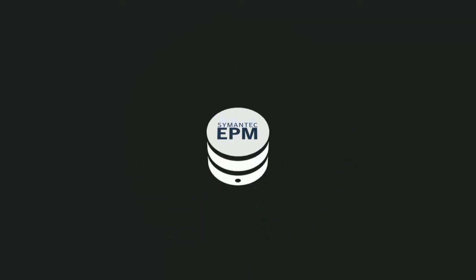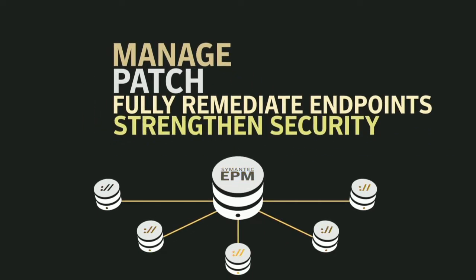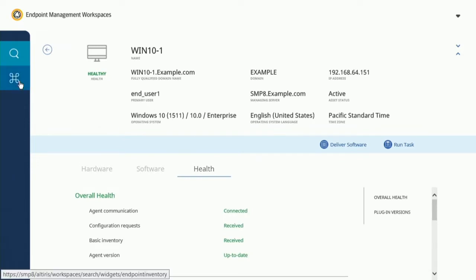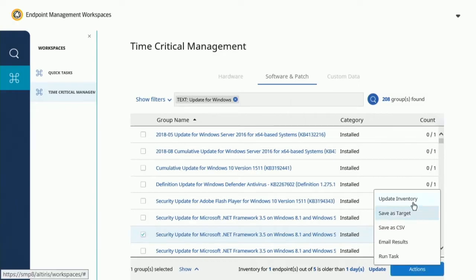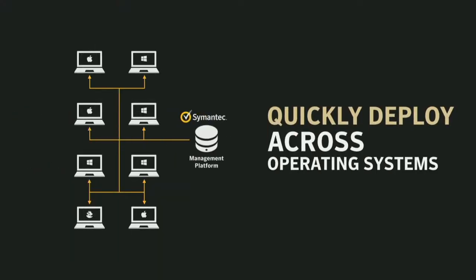With Symantec Endpoint Management, you can manage, patch, and fully remediate endpoints to strengthen endpoint security and maximize user productivity. Symantec provides deep visibility of the devices and software being used in your organization, who is using them, and what state they are in. With historical and real-time data at your fingertips, you can make the right decisions and take the right actions, such as scanning for vulnerabilities and quickly deploying the appropriate patches and updates across operating systems and